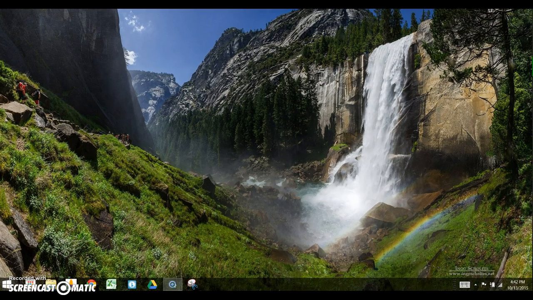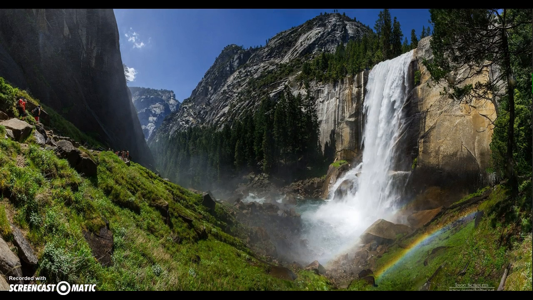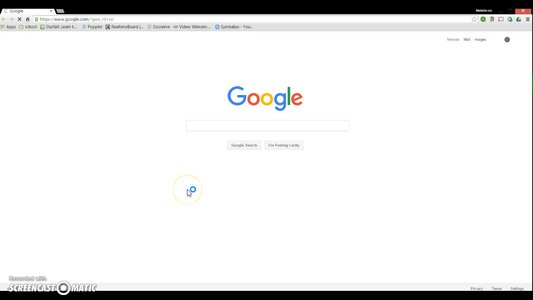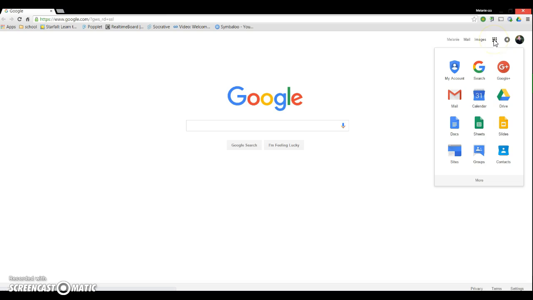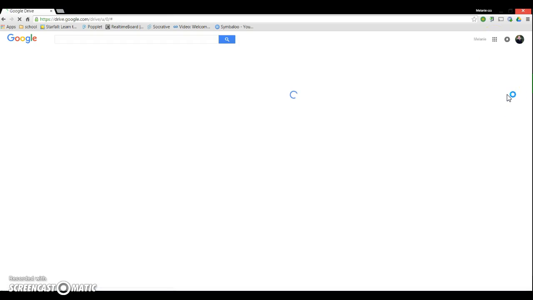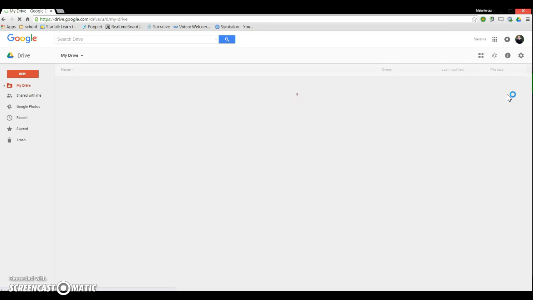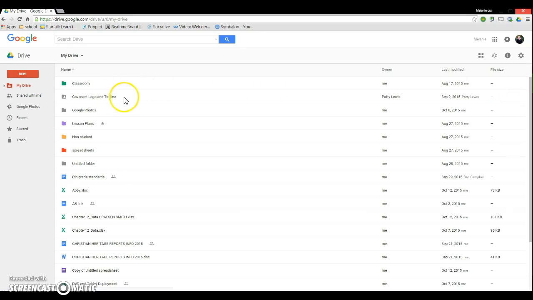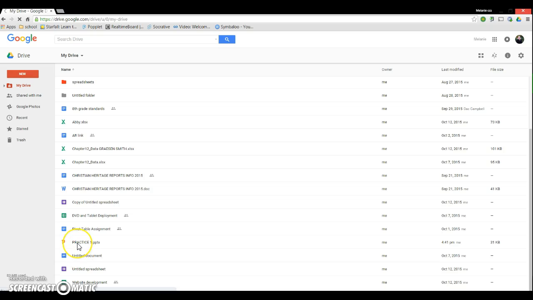Okay, so the first thing you're going to do is open up Chrome in a Chrome window. You're going to go to your gray dots, click Drive. When you click Drive, you're going to find your PowerPoint presentation, double click it,